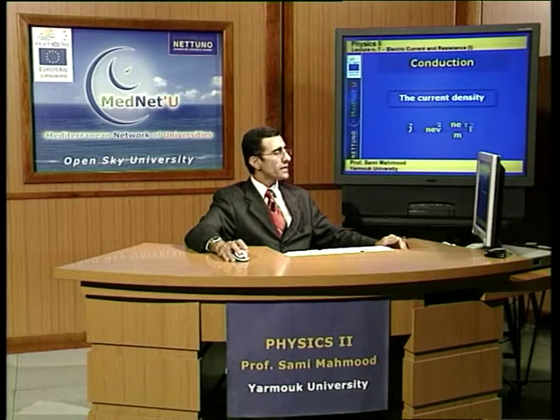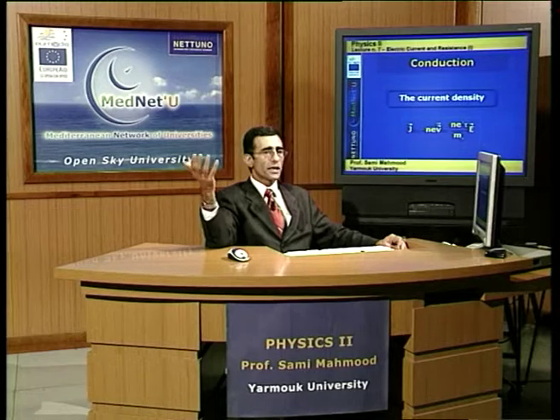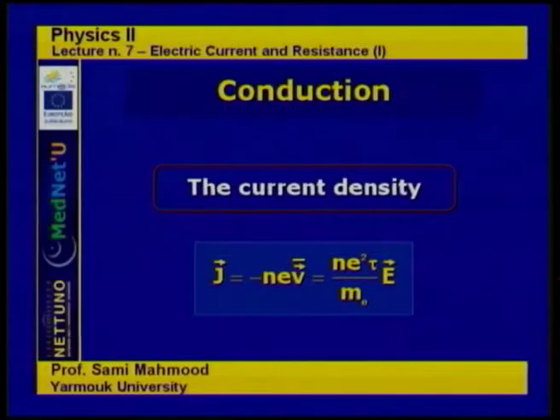And accordingly, the current density can be derived from this formula, because we know previously that the current density is simply n, the number density of the charge carriers, times the charge of the particle, which is minus e, that's why we have the minus sign, times the velocity. So if we consider that the velocity is the average drift velocity, then we are considering the average current density within a cross-sectional area, and substituting for the drift velocity that we have just arrived at, then the current density